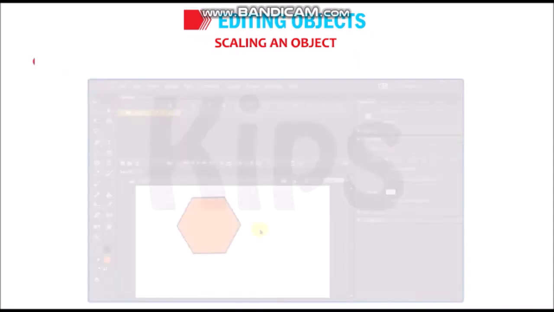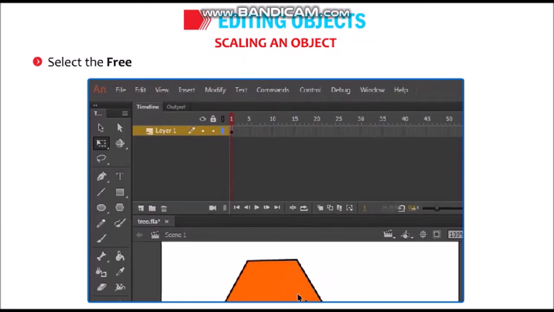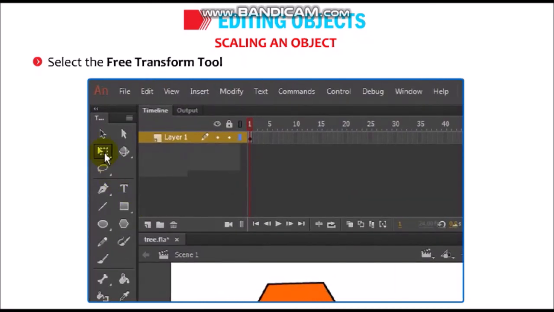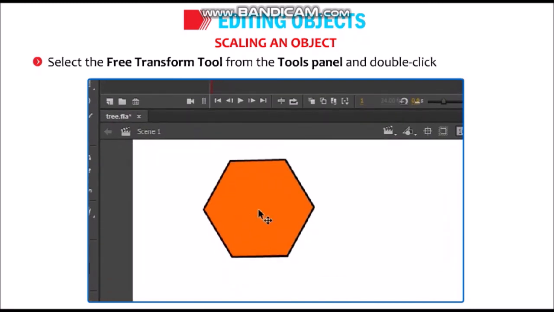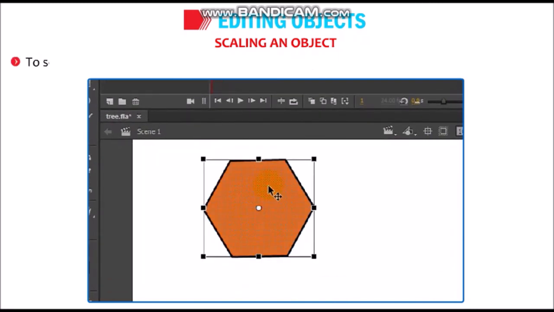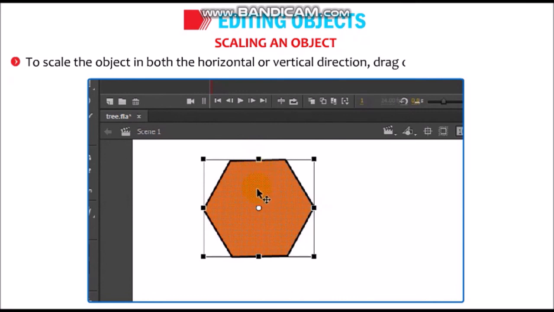Let's understand how to scale an object. Select the free transformation tool from the tool panel and double click on the object. To scale the object in both the horizontal and vertical direction, drag one of its corner handles.